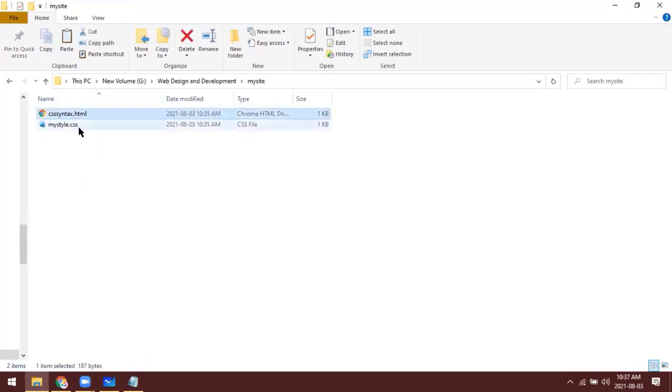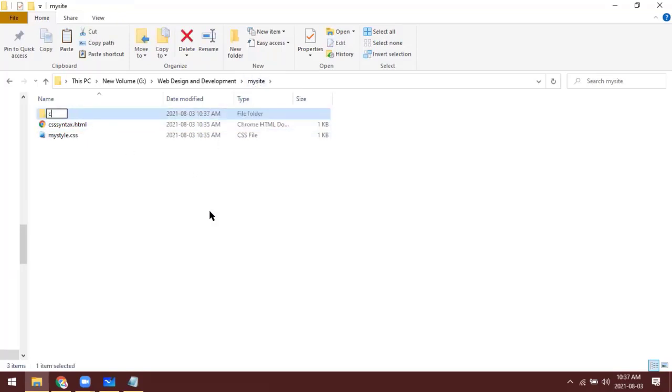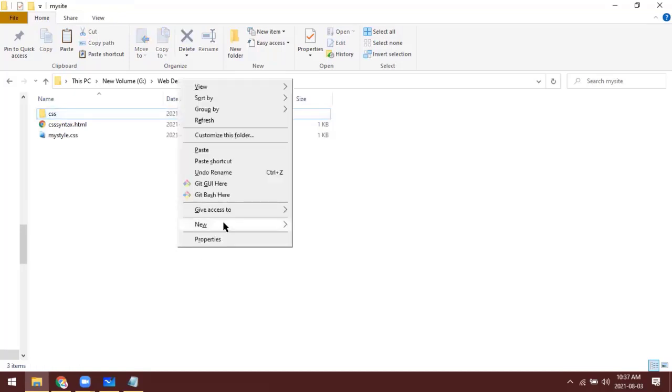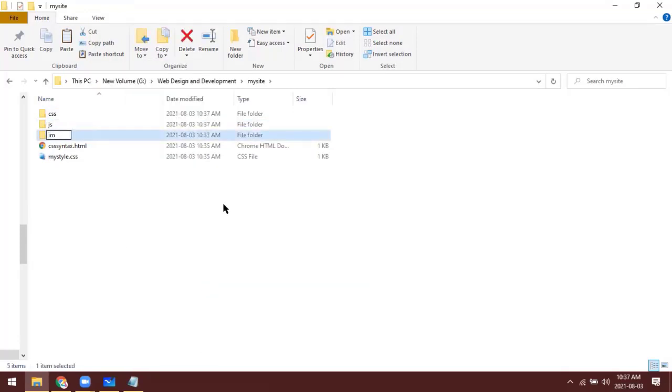The HTML file will be in the main directory or root directory. Then we will create a folder for CSS, and for JavaScript we'll create a folder JavaScript, and also for images you can have either img or images, right,